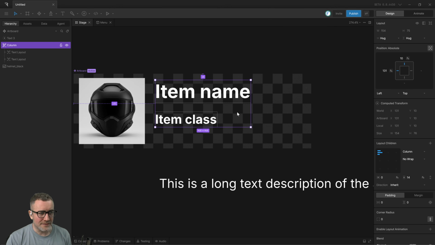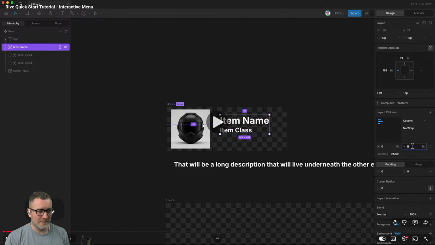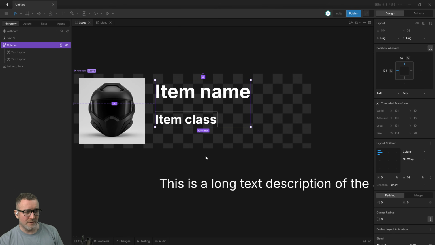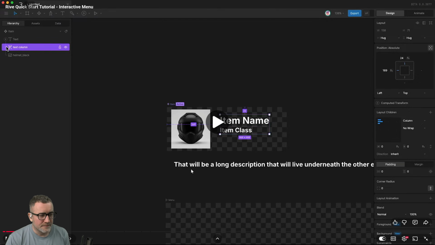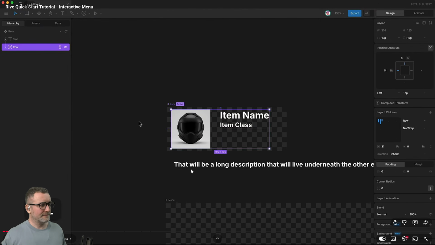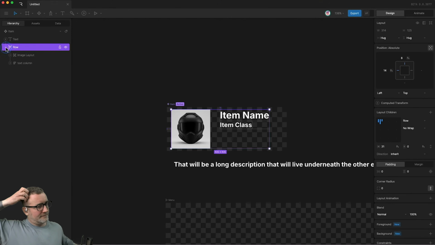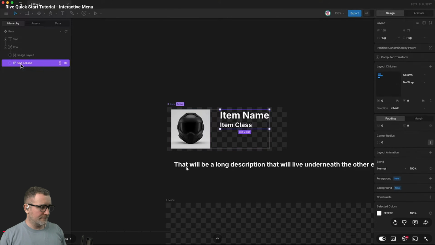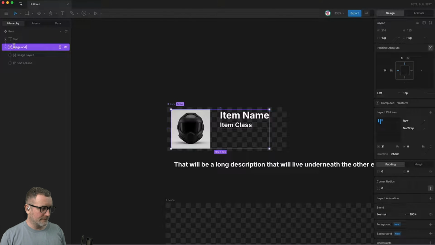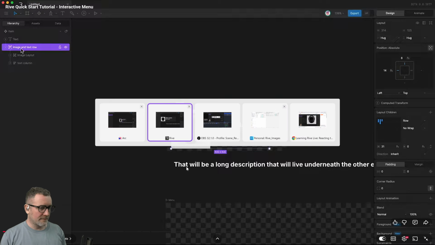Okay, so back to the tutorial. I'm just going to set it to be 0. Next, I'm going to highlight my text. Let's set it to be 0, okay? Column and my image, and then tap Shift L. And as you can see, that has arranged them in a row. So we now have our image that's been wrapped in a layout, and we have our text column. I'm going to call this row image and text row, and it is